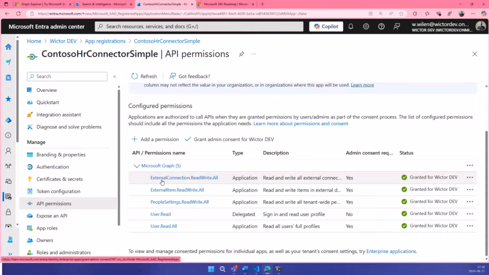You can actually create two apps, one that creates the connection and registers the schema, and one separate application that actually syncs the information. So if you want to have some governance around this. That's the second item. That's about reading and writing people records in this case. Then finally, we need the people settings .read write all, and that's to register the source and put it in